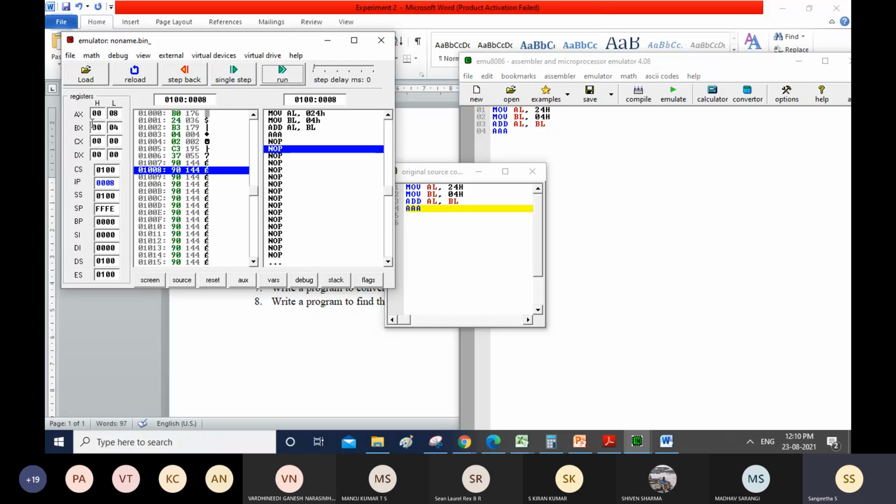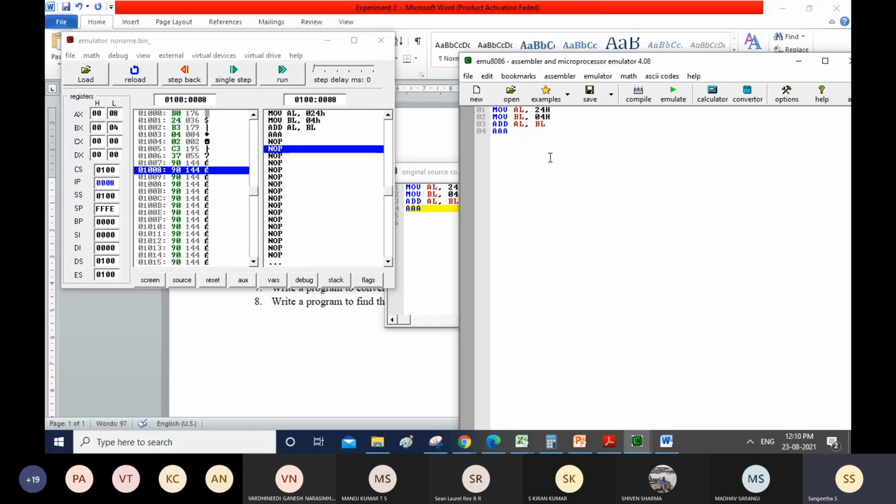So in AX you are getting 08 and in BX you are getting 04. First you have to check whether the lower byte is greater than 9 or not. If it is between 0 to 9, then the auxiliary flag will be 0 and it will set your AL to 0, and the higher values will be set to 0. I think we have seen the same in theory also.